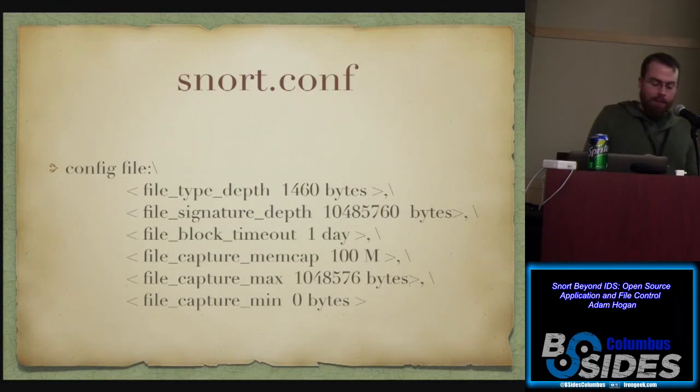And then you can set the memory cap, which is just how much memory Snort will use internally for doing the file preprocessing. So again, a performance tweak if you find yourself running low on RAM or it's getting slow. And then you've got your file capture max and min size, which is saying if the file is bigger than this, I don't want to capture it. If the file is smaller than this, I don't want to capture it. I've got 0 here, but for the most part, if you're looking for malware, you can have something greater than 0 and say, look, if the file is small, there's nothing useful going on there,